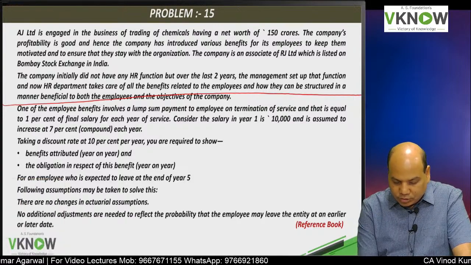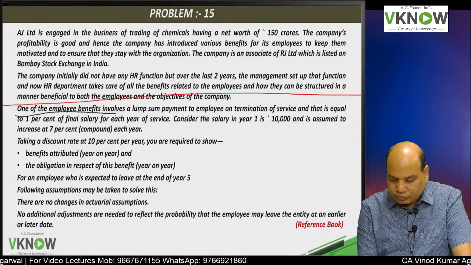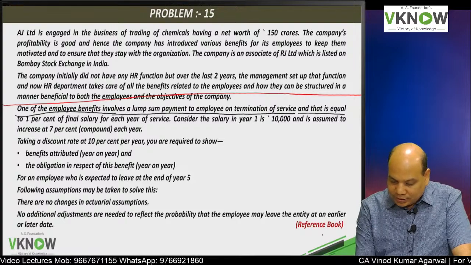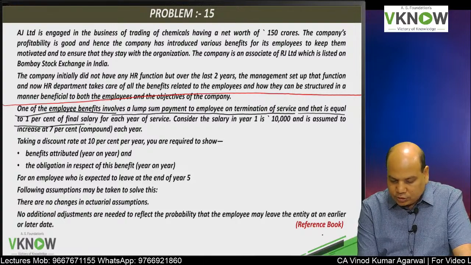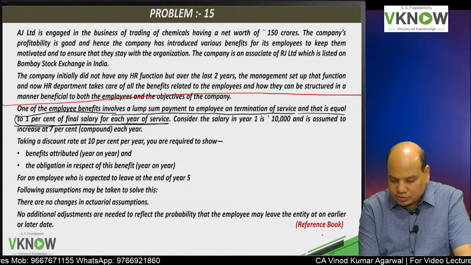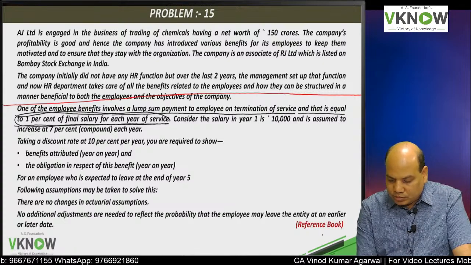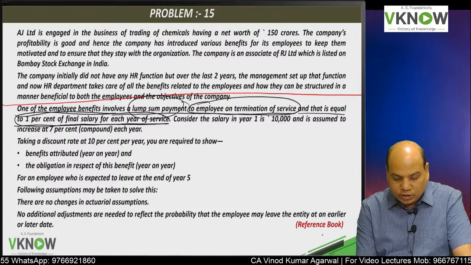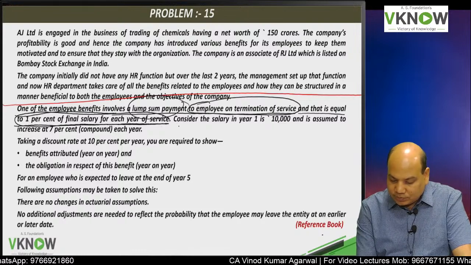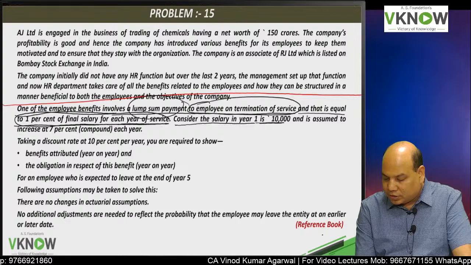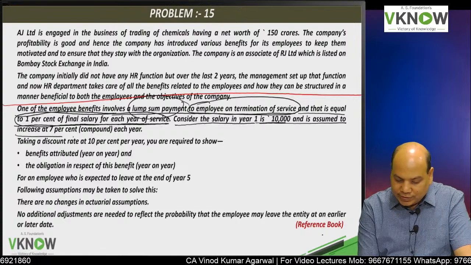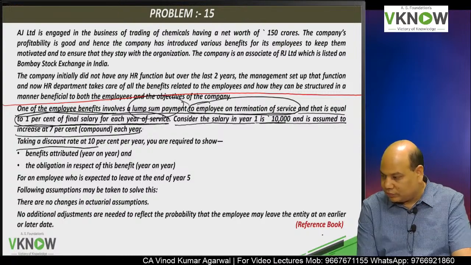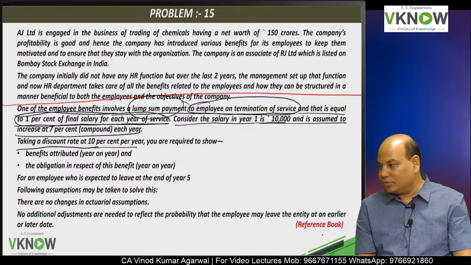One of the employee benefit schemes involves a lump sum payment to employees on termination of service, and that is equal to 1% of final salary for each year of service. So a lump sum amount is paid on termination of service, and the amount is 1% of final salary. Consider the salary in year 1 is 10,000 and is assumed to increase at 7% compound each year. Taking a discount rate of 10% per year,